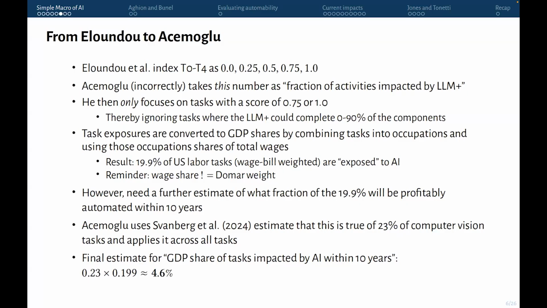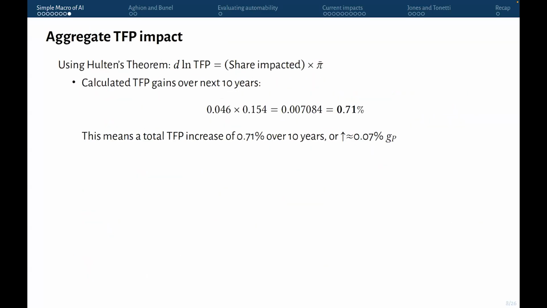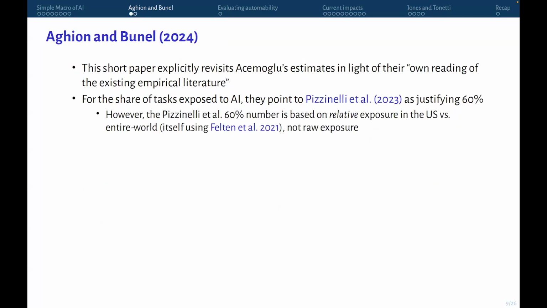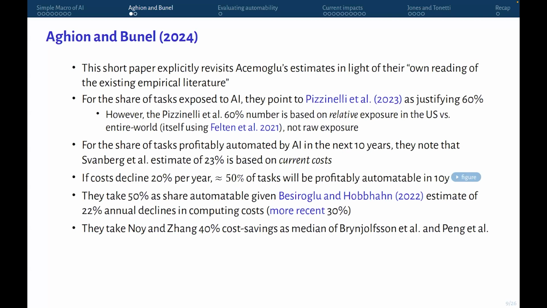What I didn't like there is that you first assume you'll eventually make it profitable for some percent of tasks, and then you say, oh, now I'm going to extrapolate to 10 years. It feels a little fuzzy, but I think you could microfound that at some scale. Yeah, skipping ahead, we are going to microfound it based on existing declines in computing costs, if that's what you mean.